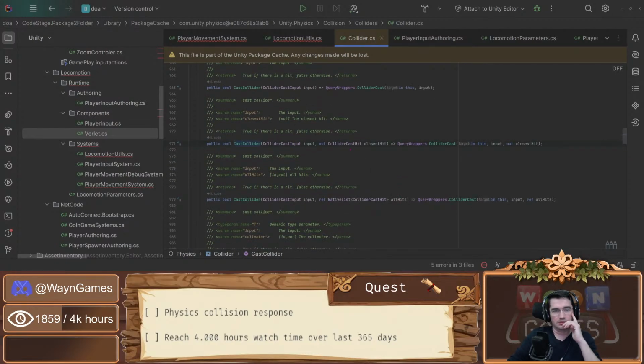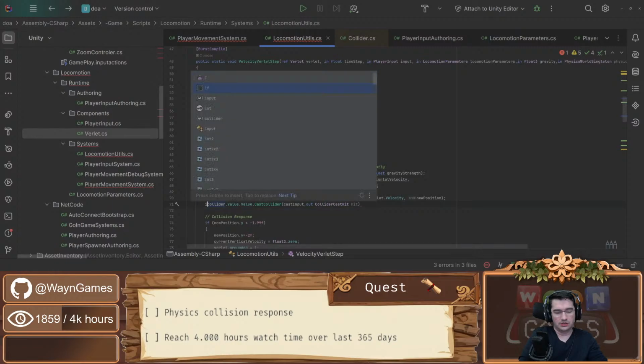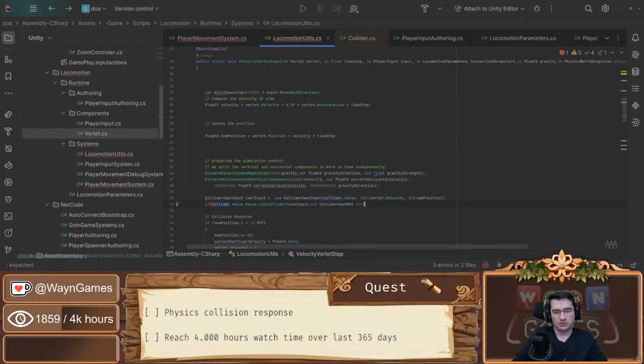It's not. So cast a collider and the closest hit. Okay, so just a collider hit, it's not a collector. Sorry. Hit. And does it give a boolean? Yes. So if there was a collision,